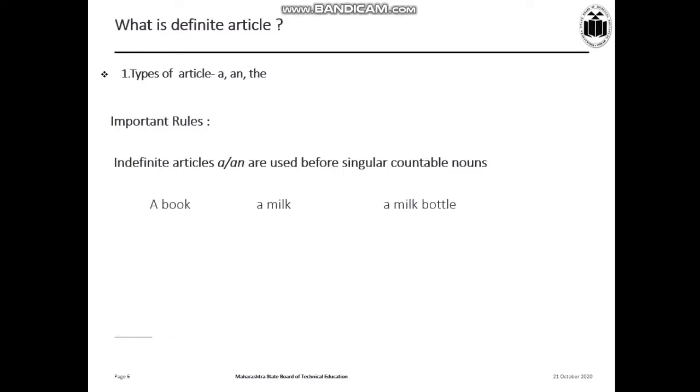Generally, we use like a water, a cricket. I listen from many of the students, but it is the wrong usage. Whenever you use such nouns, they are not countable because water is not countable. Oil is not countable. Cricket is not countable. So, if it is a singular countable noun, then we can utilize a or an. We cannot use a water, but we can use a glass of water. So in this way, where the nouns are measurable or countable, in such situations we can use a and an.